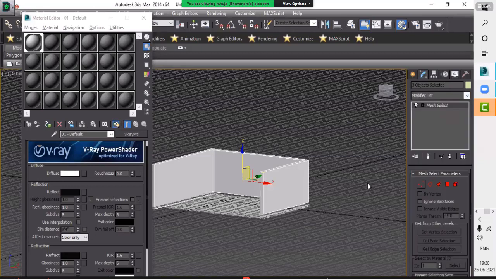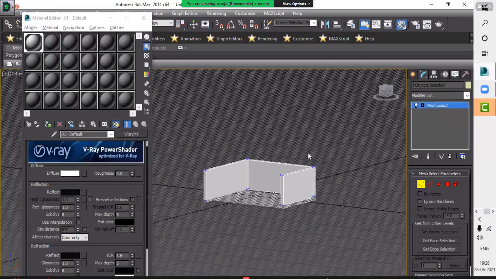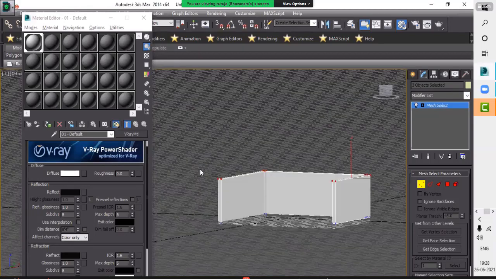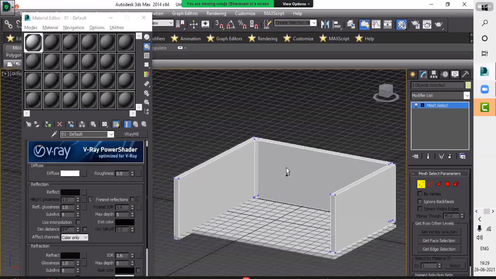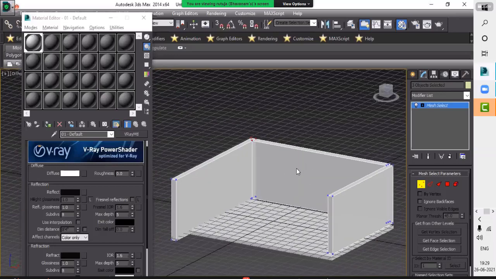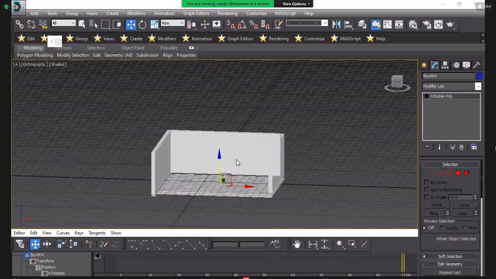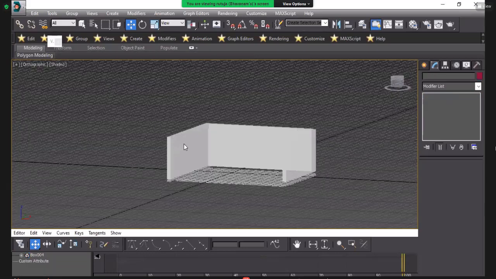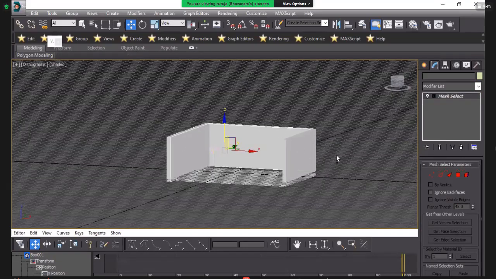Select all the upper points, press W, select all the points, press W. Now what we can do here is select our model and increase the height.